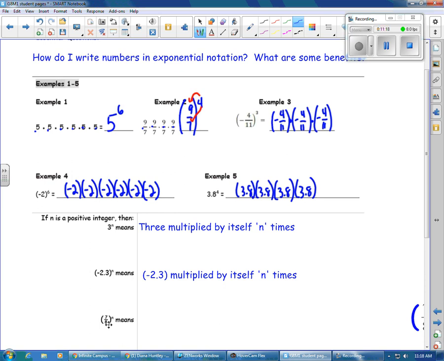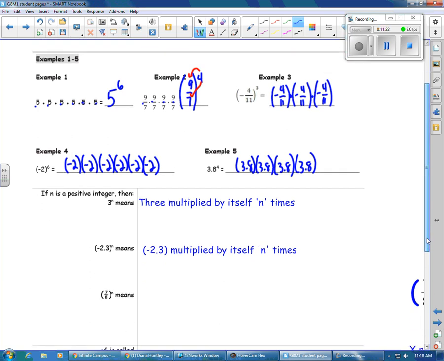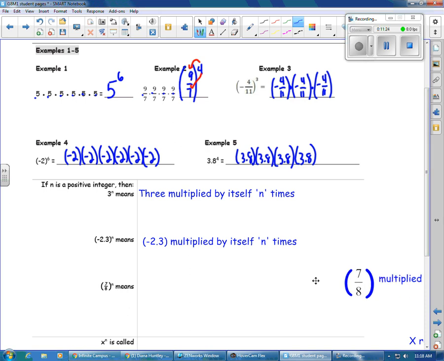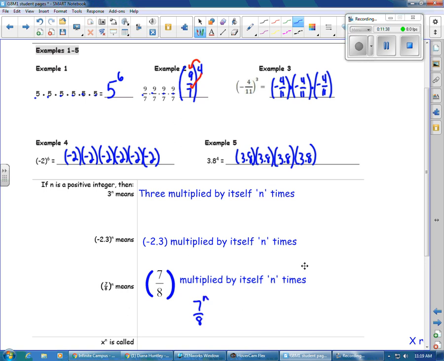7/8 raised to the nth power. Again, we've got those parentheses, so I know the whole thing is being multiplied by itself n times. If we had something like this, and don't write this down, I'm just giving you the example. If we had 7/8 raised to the nth power with no parentheses, it would mean, actually you can write this down, it would mean